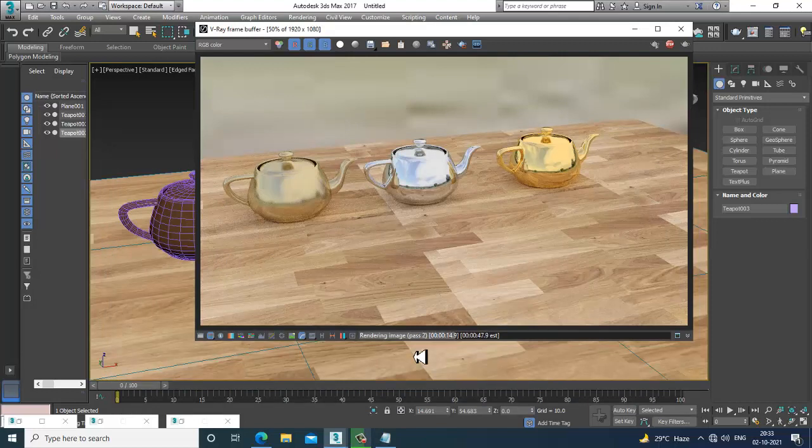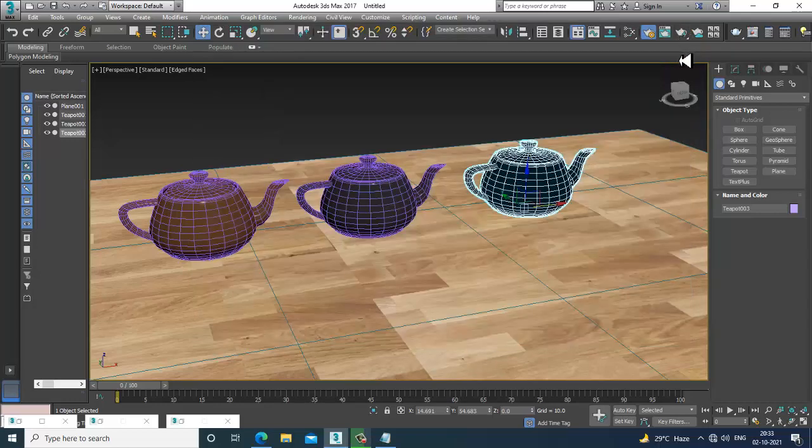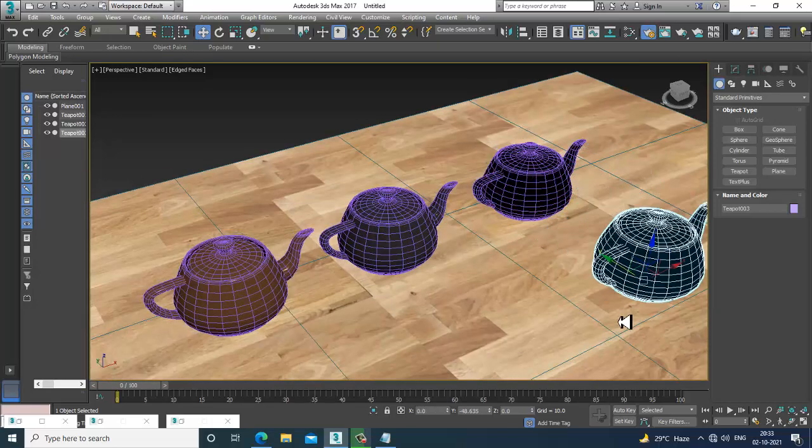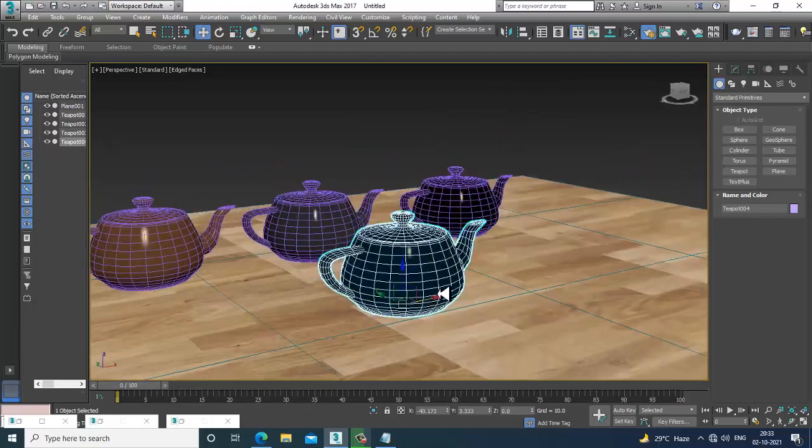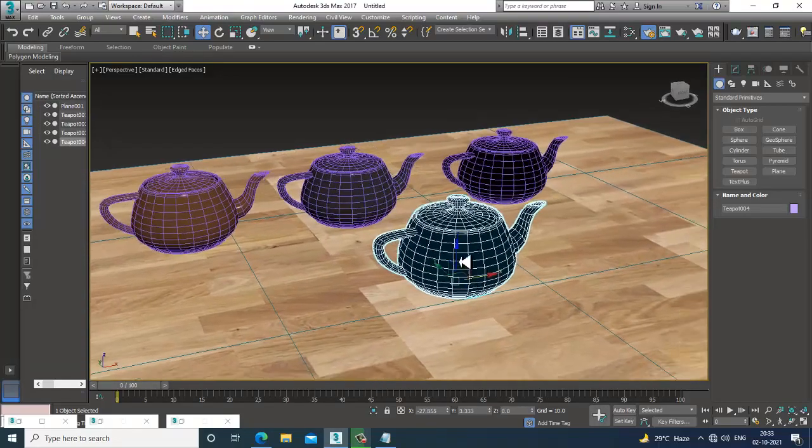So we'll create one more, that would be your steel. So we'll be creating a steel material. Let's again take a copy of it and put it over here. Let's again go into the material.